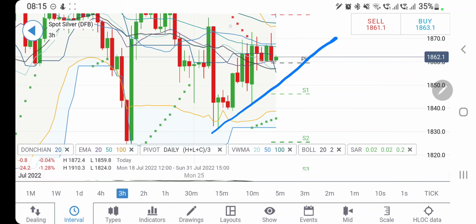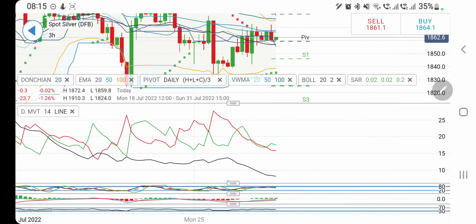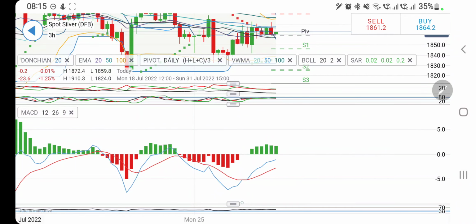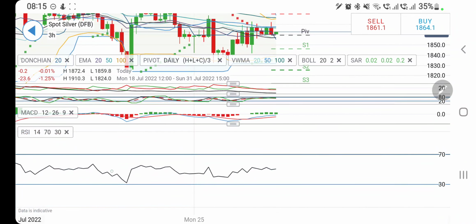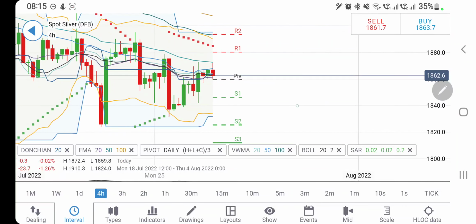Look at this, it is trying to trade in this. Any breakout below 1850, 1840 definitely should be considered a very strong bearish move now. Directional movement is moderately bullish. Stochastic is converging, crossing over for a sell. MACD is trading in green, RSI trading flat,